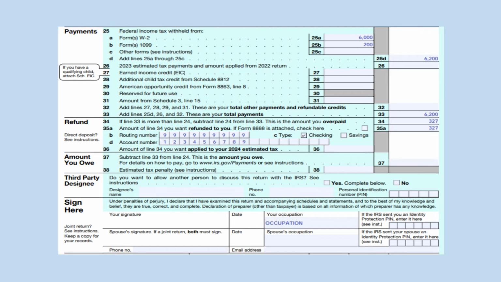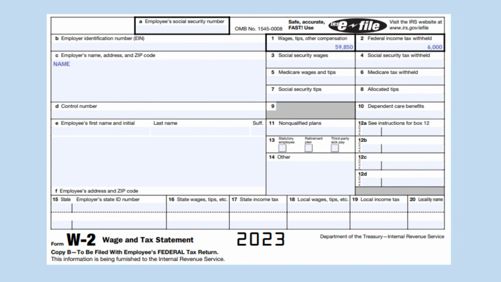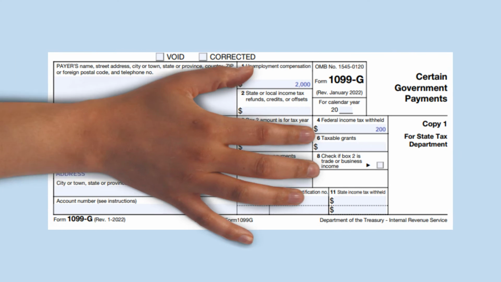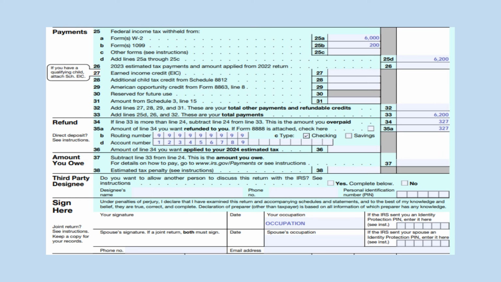On line 25A, put your federal income tax withholding from your W-2, which you can find in box 2. In our example, it is $6,000. On line 25B, you will put your withholding from your Form 1099, which in our example is $200, and you can find this in box 4 of your 1099-G. Total your withholding to arrive at $6,200 on line 25D, and carry this down to line 33, as these are